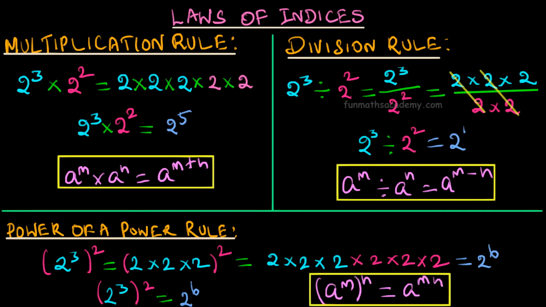So, in this video, we checked out the laws of indices. Number 1, a to the power 0 is equal to 1. Number 2, multiplication rule. That is, a to the power m times a to the power n is equal to a to the power m plus n. Number 3, division rule. That is, a to the power m divided by a to the power n is equal to a power m minus n. Number 4, power of a power rule. That is, a to the power m, the whole power n is equal to a to the power m times n. In the next video, we shall learn how to solve problems with different base numbers and the same indices.